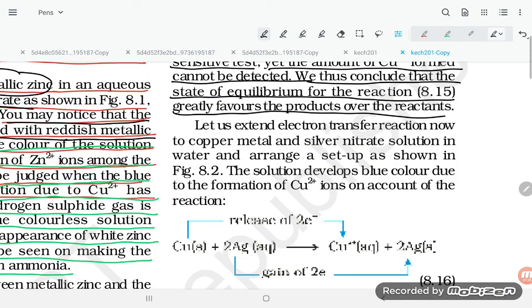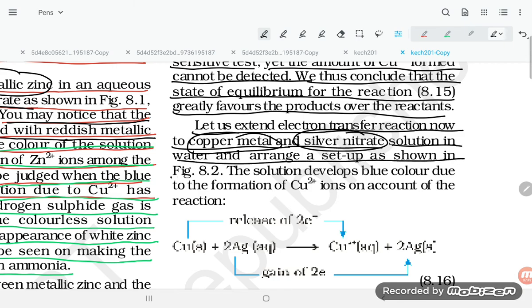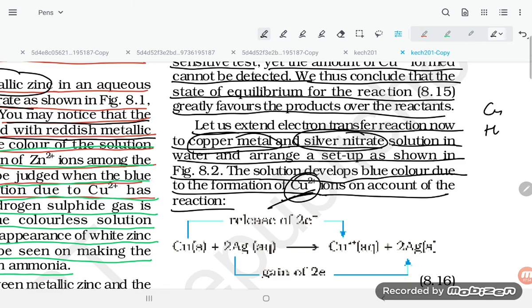Now let us extend the electron transfer reaction to copper metal and silver nitrate solution in water, arranged as set up shown in figure 8.2. The solution develops blue color due to the formation of Cu2+ ion on account of the reaction. Why is this developing? Because copper is more reactive,